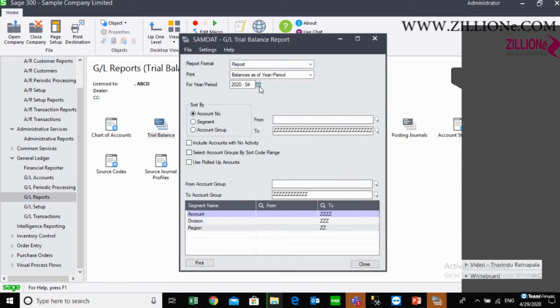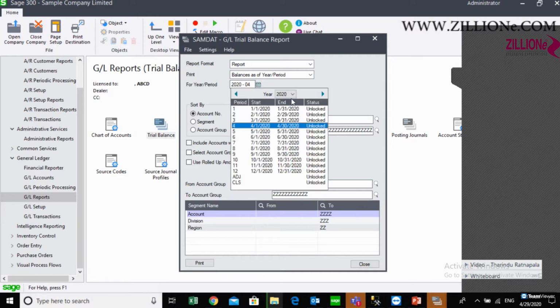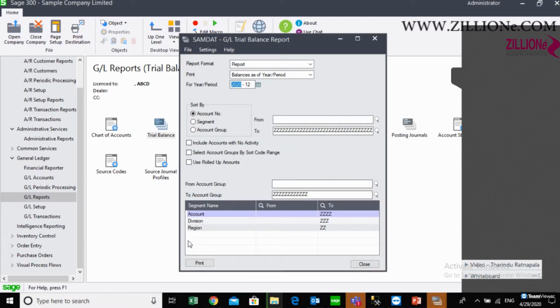In the trial balance, you have to print the 2020 12th period trial balance and the closing period trial balance and save them in the year end backup.